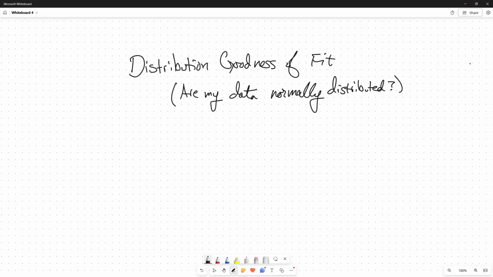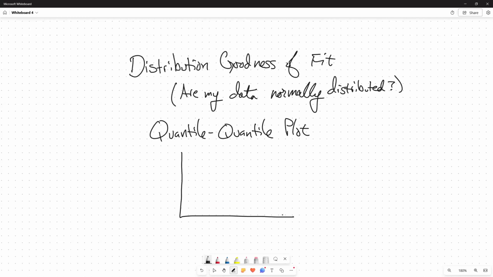You can do this with any distribution, but we're going to do the example with a normal distribution. What we're going to do is called a quantile-quantile plot. First I'm going to show you what that looks like, and then we're going to do some definitions. The idea here is that you have your